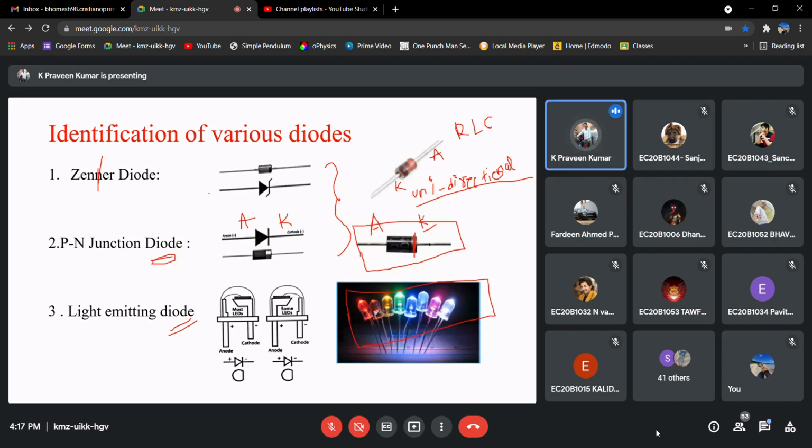Okay, my question is whether it will operate in forward bias or not. Whether a Zener diode can be operated in forward bias or not. No, sir, I guess we can.